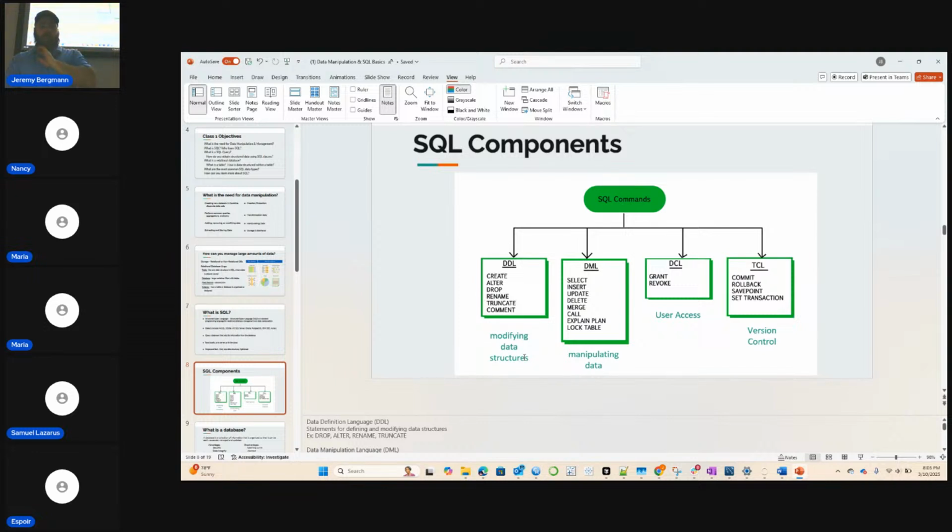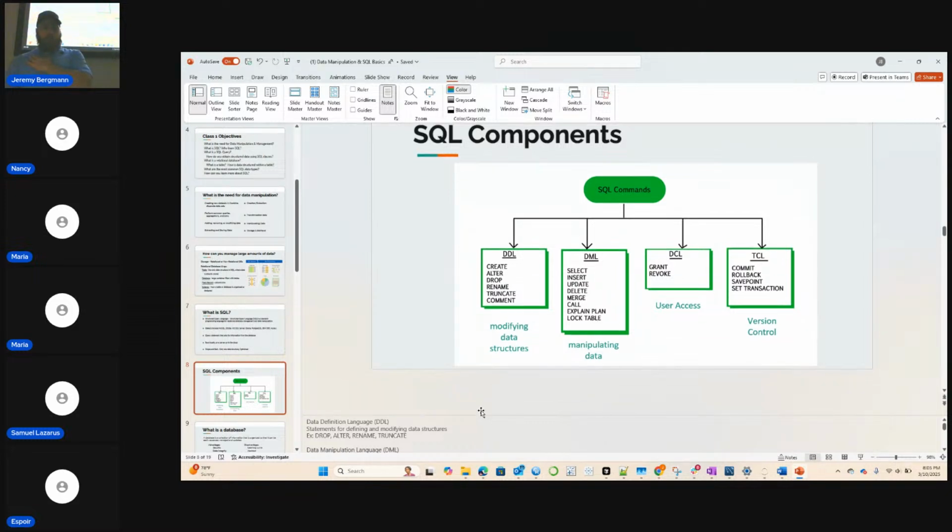So being able to modify data structures and define those in tables, and then data manipulation language is really manipulating the data or selecting the data out of tables and transforming it into the data that you need that's stored in those tables.